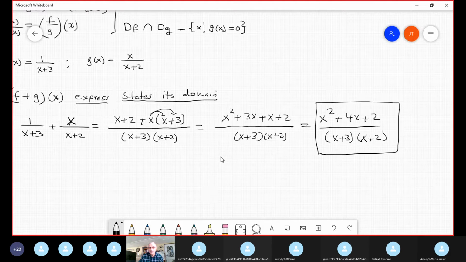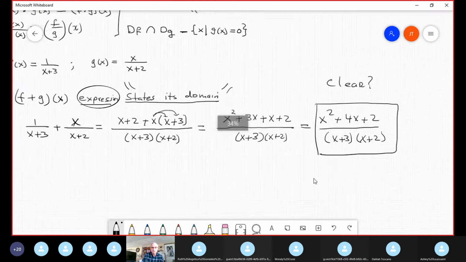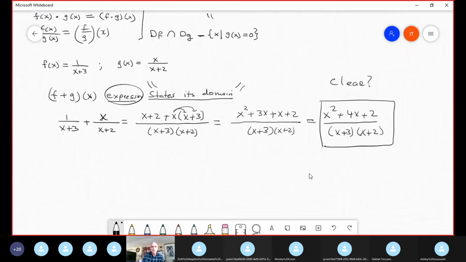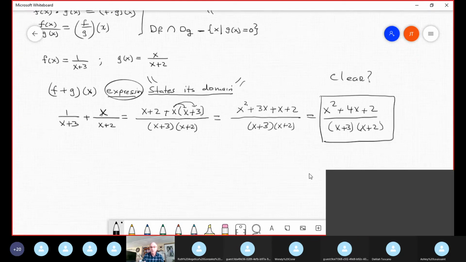This is my first part, the expression: find the expression that represents the sum of the functions. The second part is always more complicated. Do you understand this part or no? Clear or confusing? Clear? Yes or no? What happened, guys? Clear. Good. Now the rest